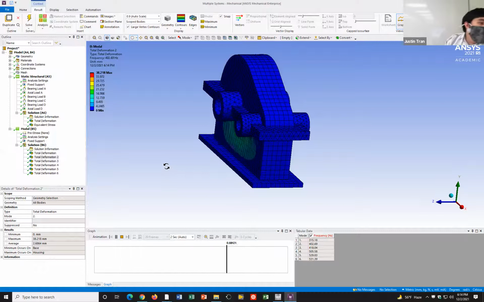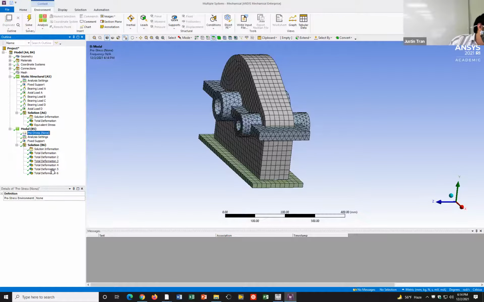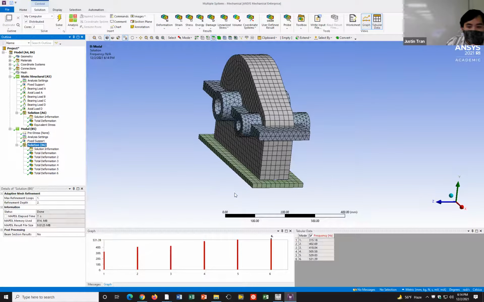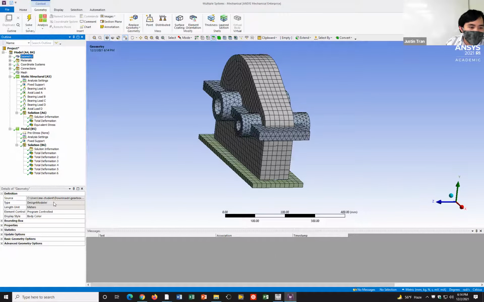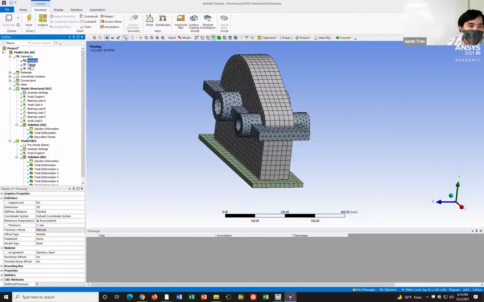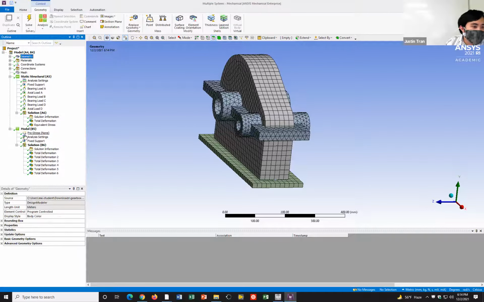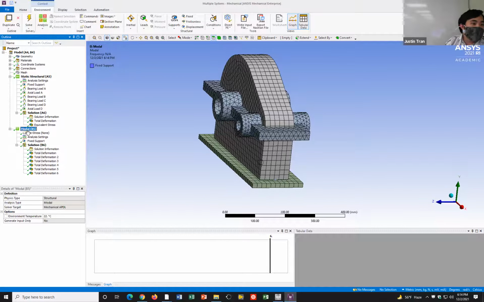Dr. Trans, I think I'm getting different tabular data. Do you have the pre-stress here for static structural? It's none. For my first one, it's 318 something, and all of them are quite a bit higher than what you got here. Did you change all the material properties here? Yes, I did. Okay, let me take a look after this. Let me just double check.